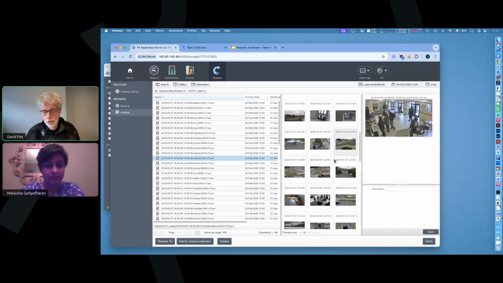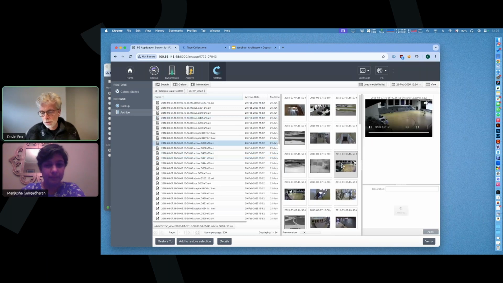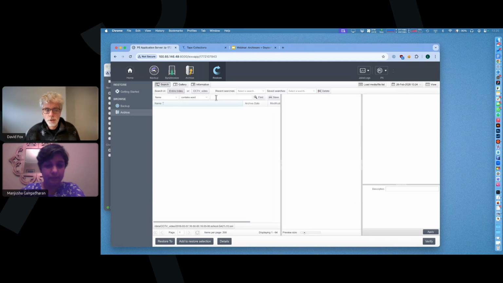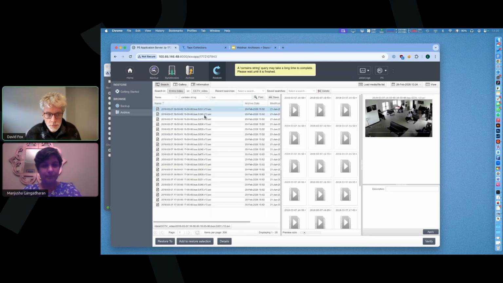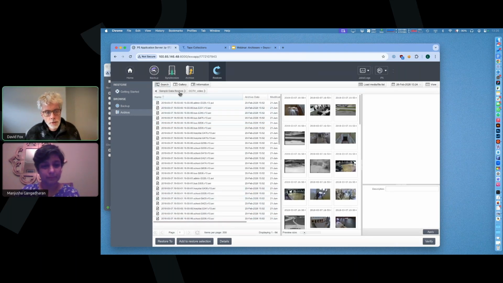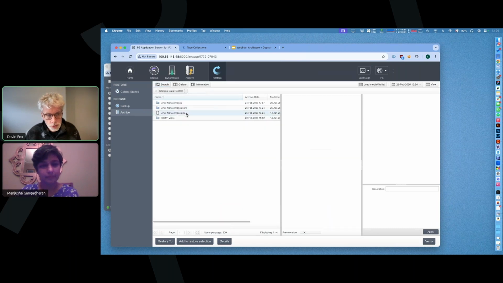So from here, I could make a selection of specific files that I wanted to archive. I could maybe do a search for file names that contain a word, which is not working, and I'm not sure why. Name contains string. That's better. So you can see all of these file names have bus in them. We'll match the search, turn the search off. Or if I wanted to look at those files that we just archived, then those are also available in these